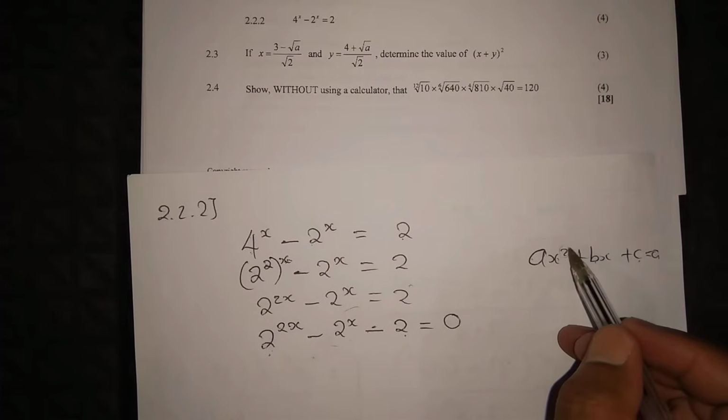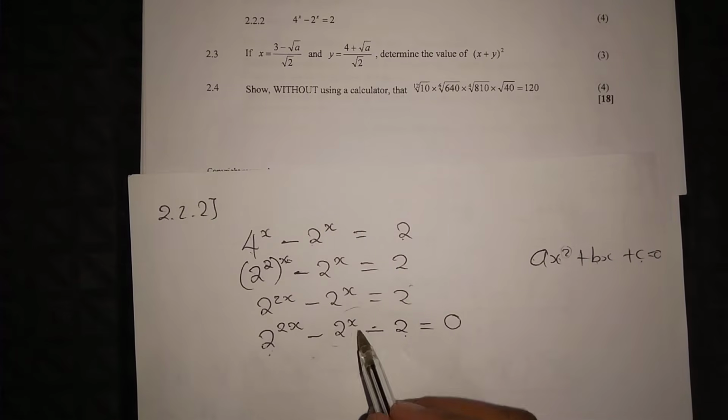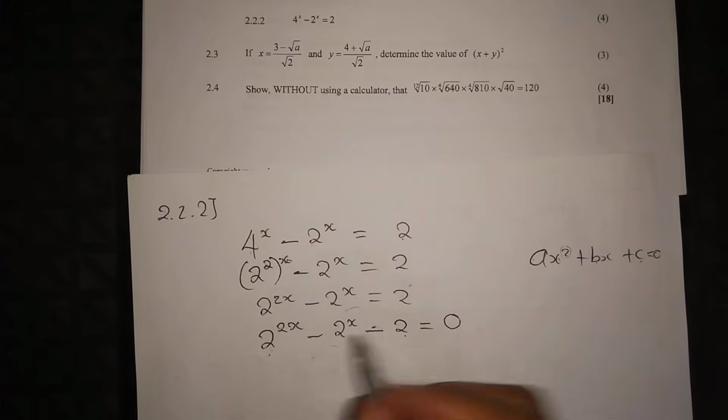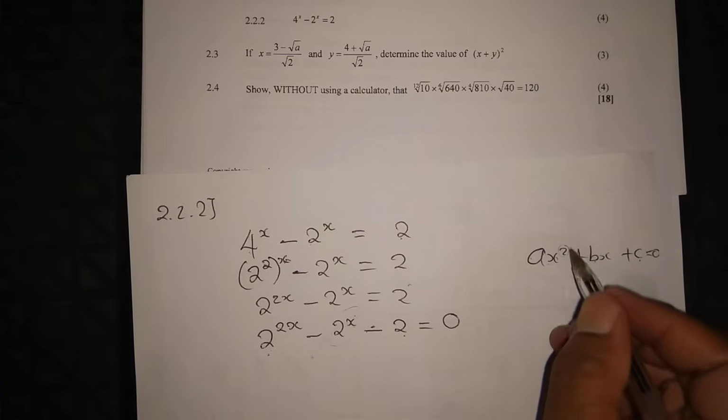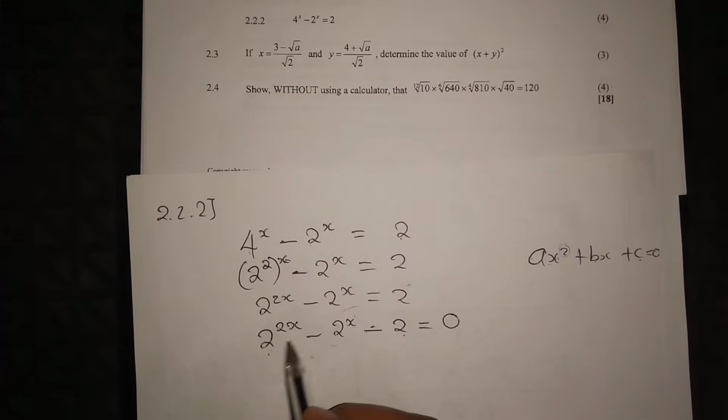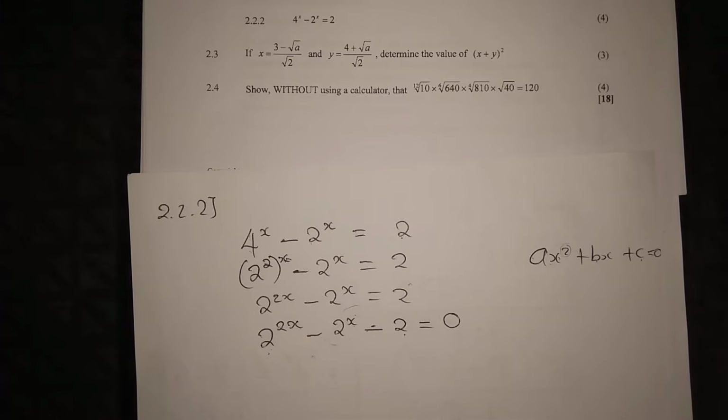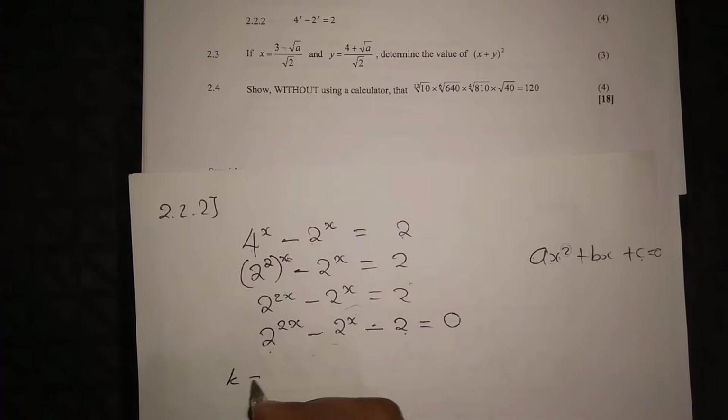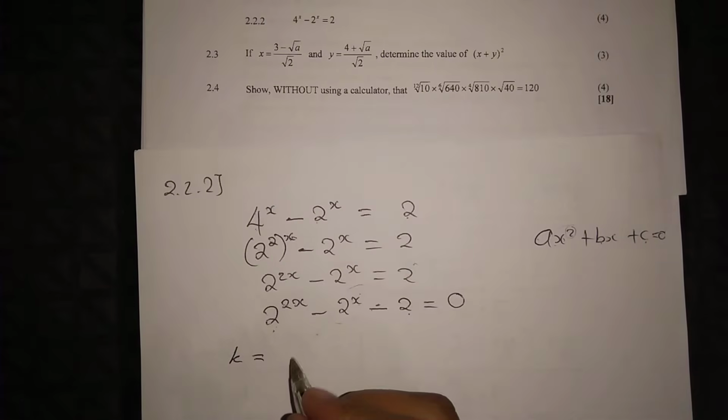Check, here we have squared, and here we only have x. So therefore we are dealing with a quadratic equation, but it's a quadratic equation in disguise, where the variables are replaced by exponents. There's one way you solve it. Well, there's two ways, but I think the common way of tackling this problem is